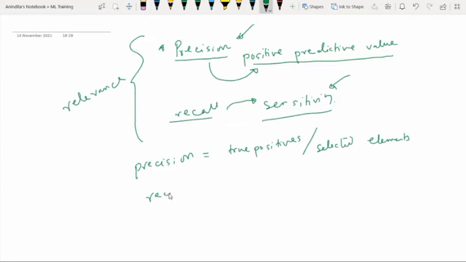And what is recall? Recall again is a fraction, which is true positives divided by relevant elements.